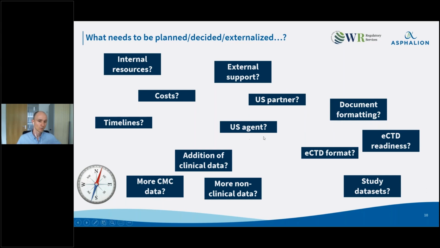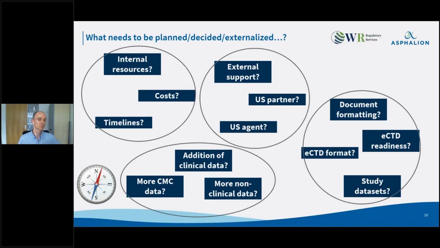Then obviously you will require a US agent. You could choose to work with a US partner. You might opt for external support, and what will be the costs, timelines, how many internal resources do you have available? So there are a lot of things to consider. And these projects, in most cases, are more complicated than companies believe, at least the first time they go through